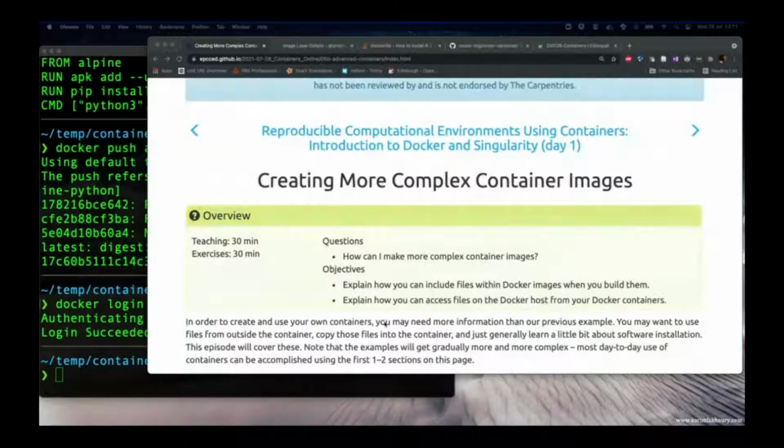So anybody else, any other questions before we move on to the next section? So Mark says, can multiple users log into a container, or is it per user that started it? So